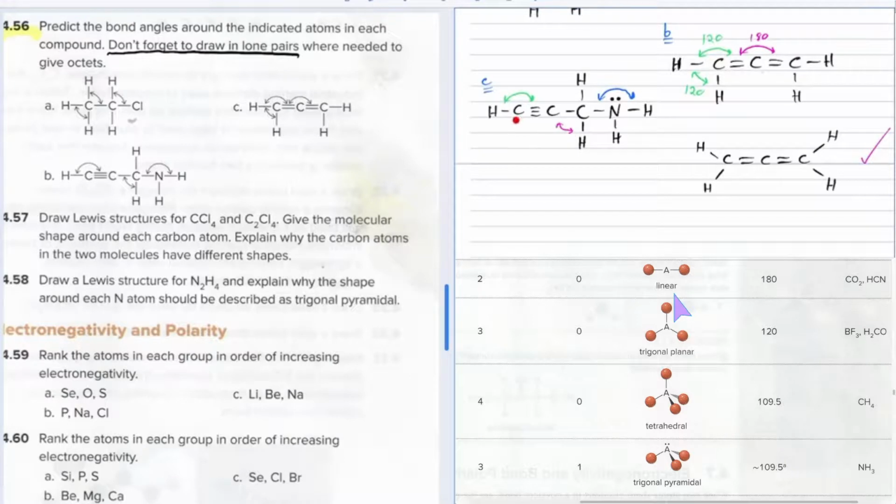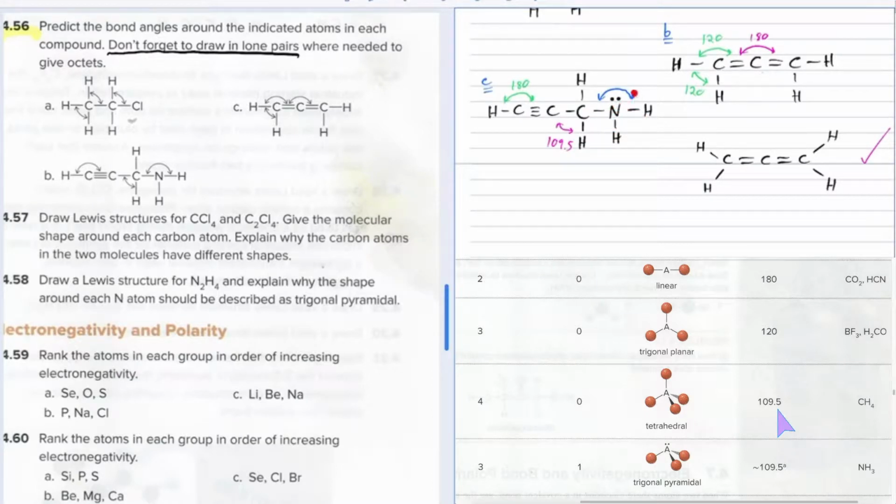Looking at this carbon over here, 2 atoms that it's connected to, 0 lone pairs. 2, 0, that's linear. Its bond angles are 180. Okay, looking at this carbon, because that's the bond angle, so that's the central atom. Okay, this carbon, 1, 2, 3, 4 atoms, 0 lone pairs. 4, 0, that's tetrahedral with bond angles 109.5 degrees. And then finally the nitrogen,